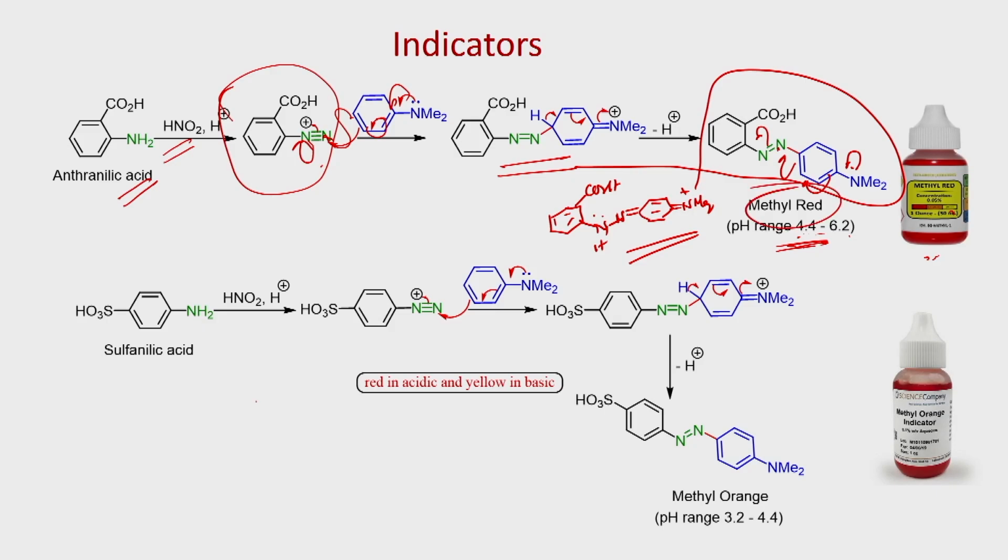The next example is methyl orange. This also we use as an indicator. We already know that we use methyl orange as an indicator during titration. If the reaction medium is acidic, it shows red color. If it is basic, you will see the yellow color, and this can be made from aniline, as we have seen. If you have the aniline,